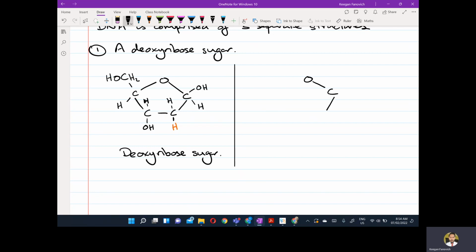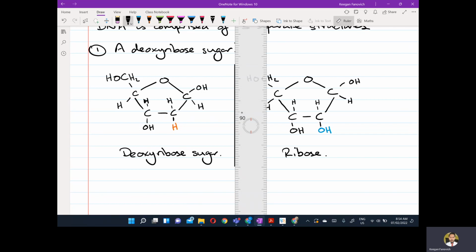It's practically the same, except that down here, you'll have an OH instead of just the H. So this is an example of ribose. Now, I'm giving you the structure of it anyway, even though it's not a component. Deoxyribose is the component that we need. But I'm giving you the structure of ribose one time because later on